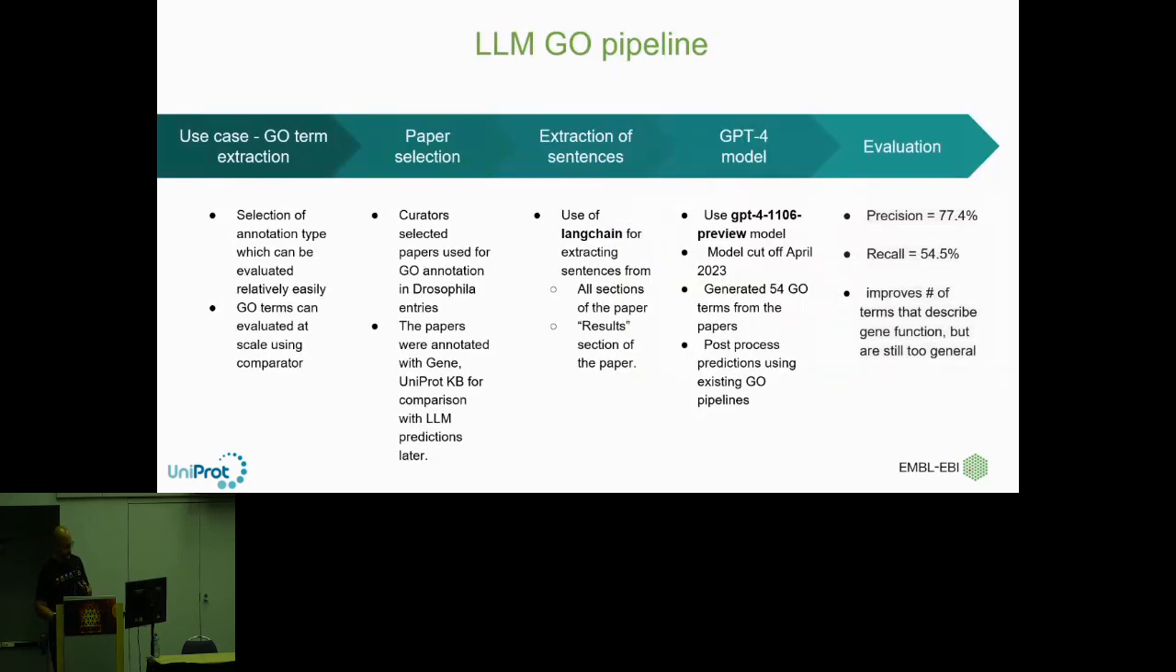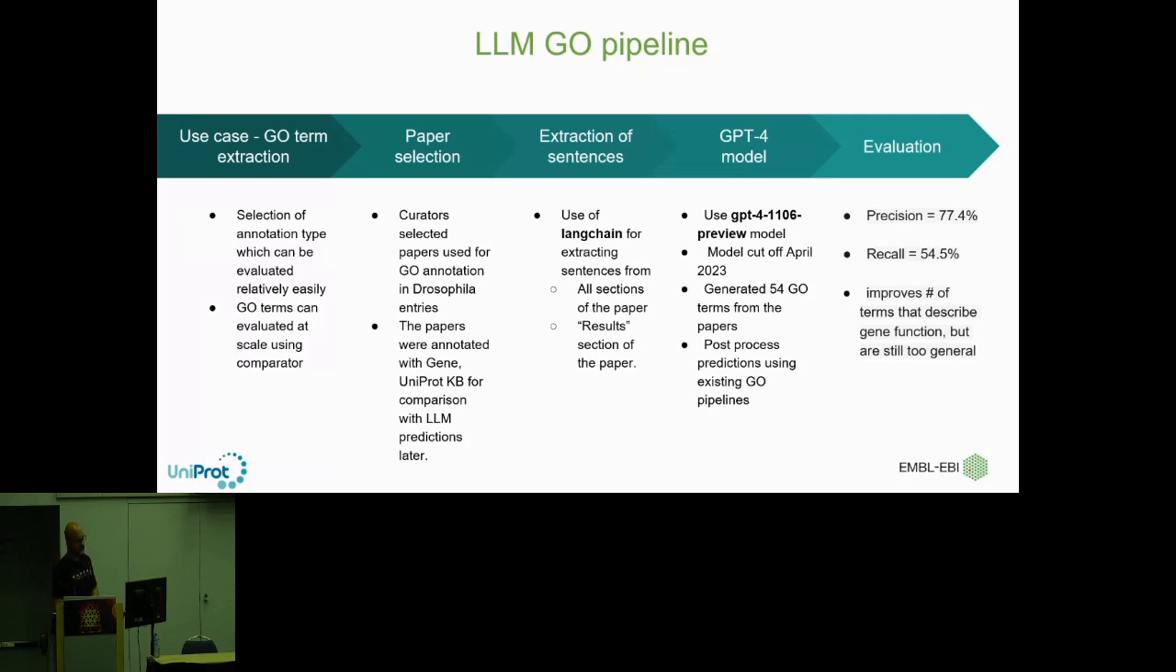This is the oversimplified view of the pipeline. So we have already discussed the first three steps, where we identified the use case, which is the Go term, and the paper selection, where the curators gave us the set of papers. The third is the automatic process, where we extract the sentences from these papers using LangChain. We focus on the results section of the paper to reduce the prompt size, and then we give it to the GPT-4 model. Once we have the terms, there were around 54 terms extracted by this model,